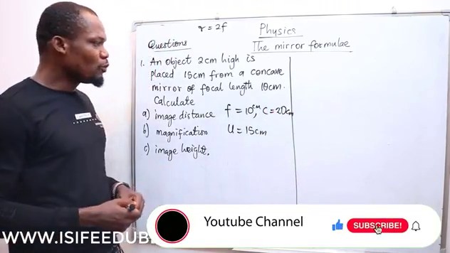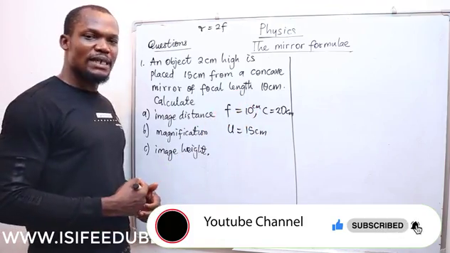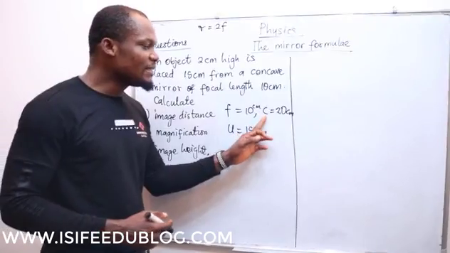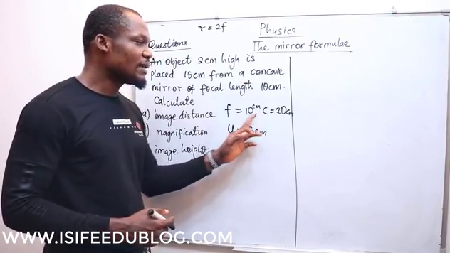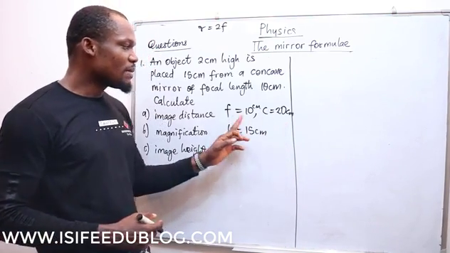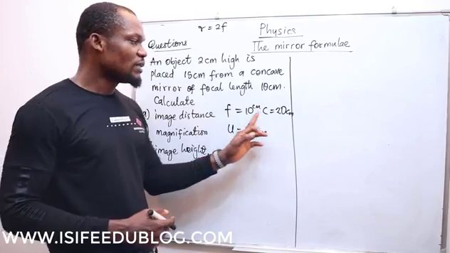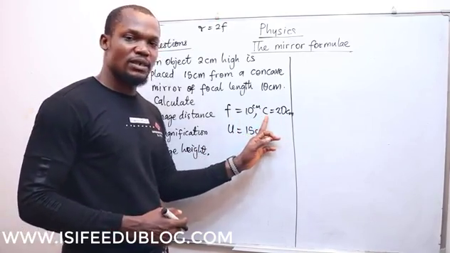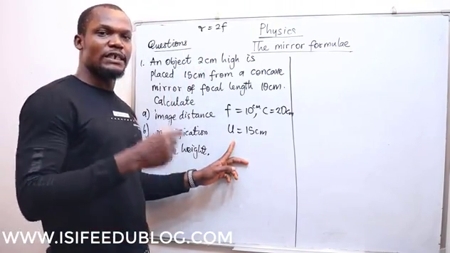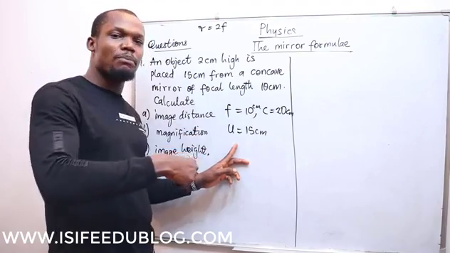So without solving this with calculation, we can see that 15 cm is exactly the center between 10 and 20. So what is this telling us? Remember, 10 is the focal point, 20 is C. So it is telling us that the object for this particular question is placed between the focal point and the